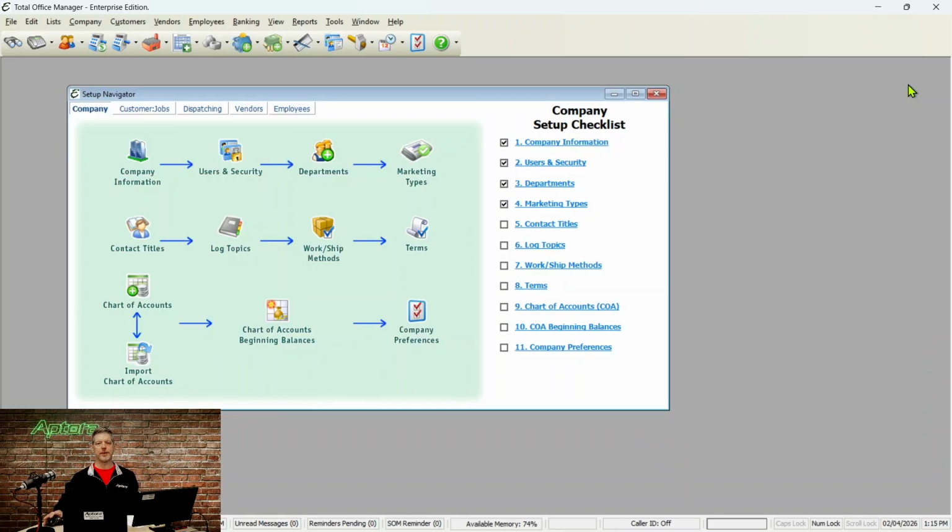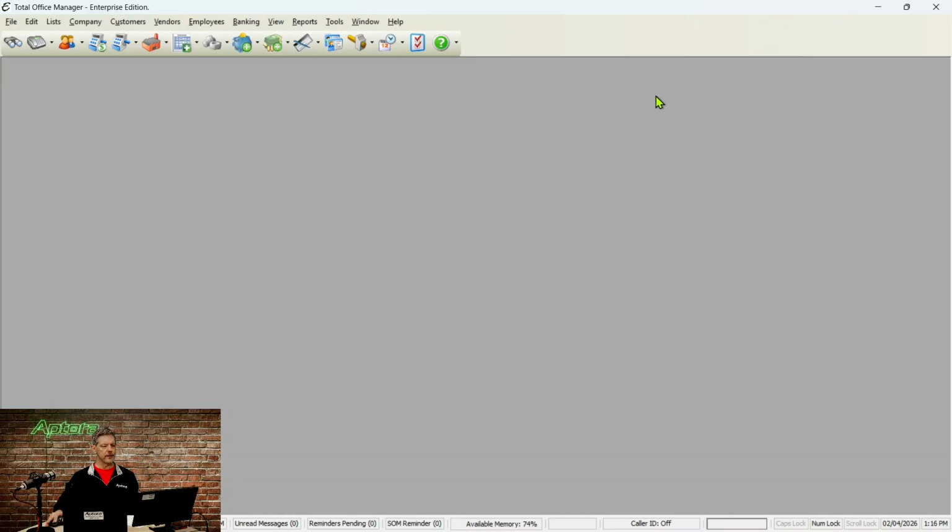Next thing, review your departments, and hopefully you set it and forget it. You don't have to worry about that anymore. Let's get into preferences. You can click this little button here, the preference button, or you can go to edit,